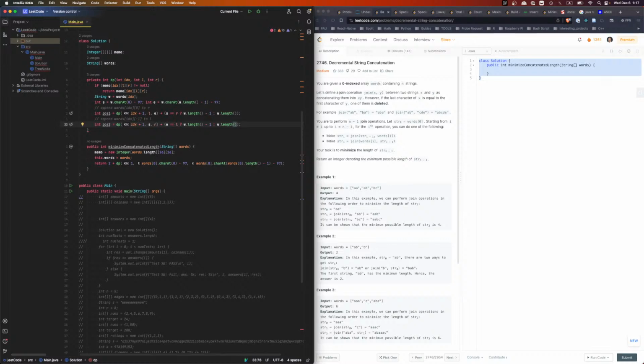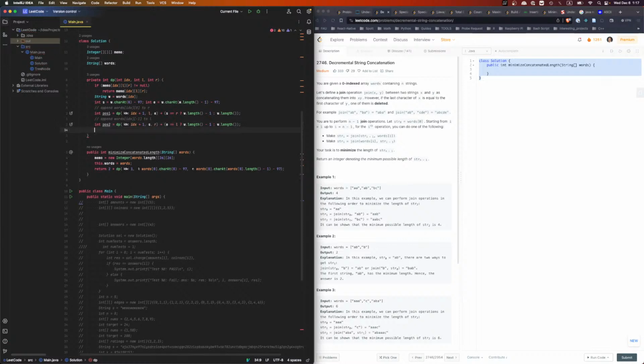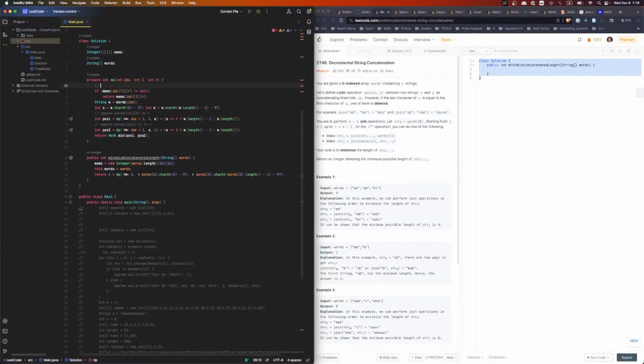So I have two possibilities. It's the additional, then we're going to return the minimum of the two, position 1 and position 2. So we can also make a note, dp returns the minimum additional chars added